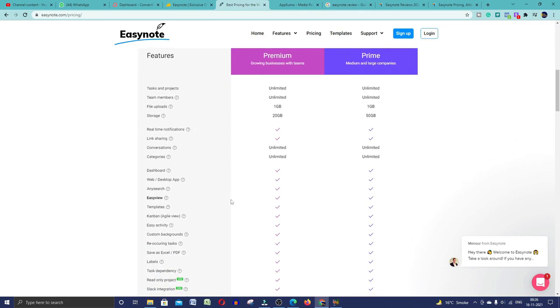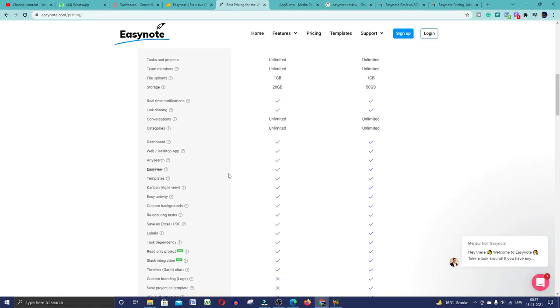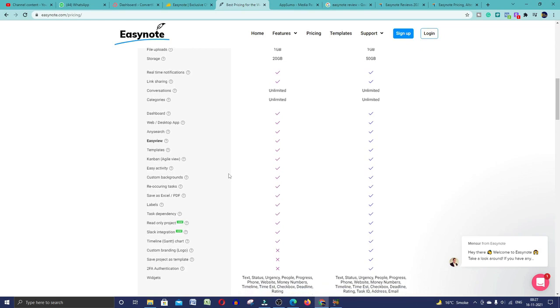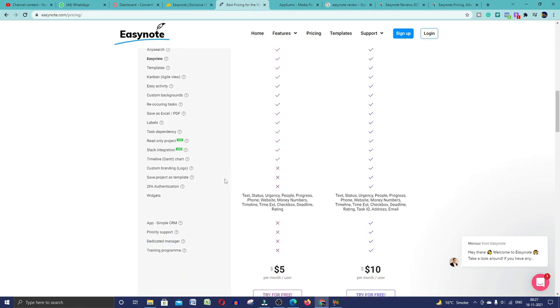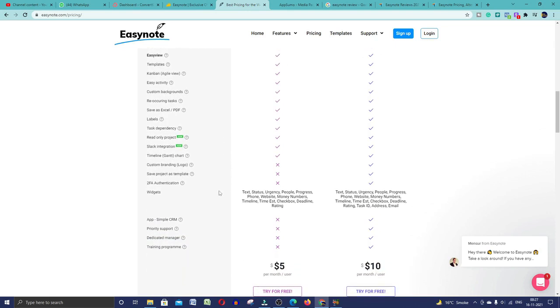You can manage tasks and projects, team members, file updates, storage, real-time notifications, link sharing, conversations, categories, dashboard, web and desktop apps, search, EasyView, templates, Kanban, EasyActivity, custom background, recurring tasks, save as Excel or PDF, labels, task dependency, read-only project, Slack integration, timeline, custom branding, logo, save project as a template, 2FA authentication, widgets, and app simple CRM, priority support, dedicated manager, training program. Many works you can do.